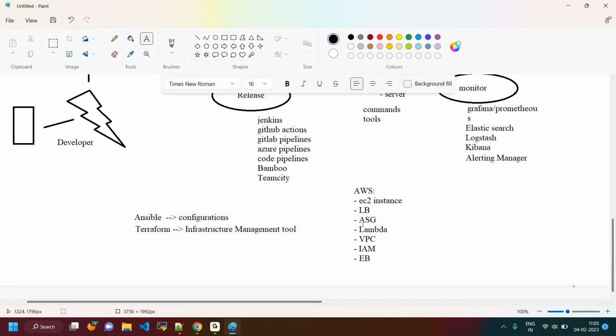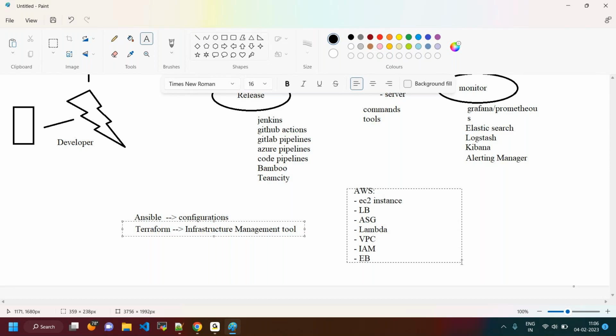These services I don't want to create manually, because creating them manually takes a longer time. For that reason, I don't like to create these services manually. I want to automate them by using Terraform. Most companies are looking for people who work on the automation side with Terraform. As DevOps engineers, we need to understand how to write Terraform scripts. I will teach you from scratch how to write and use those scripts to create these resources.